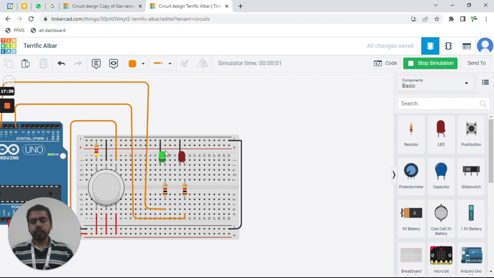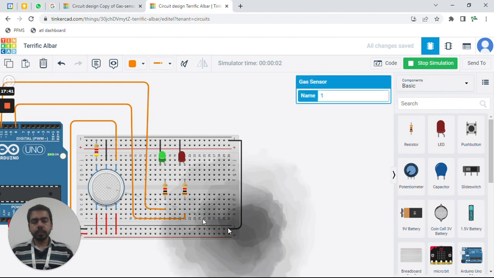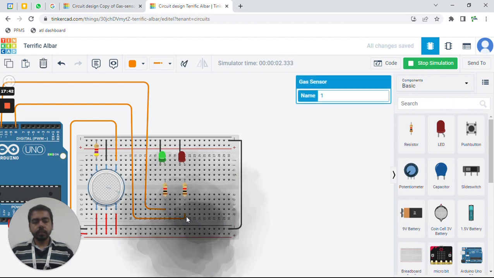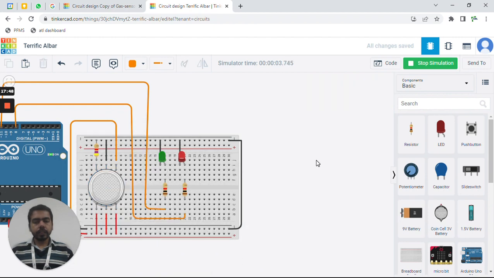So what you will have to do is place this away, and also place this one away, and place two resistors in between.